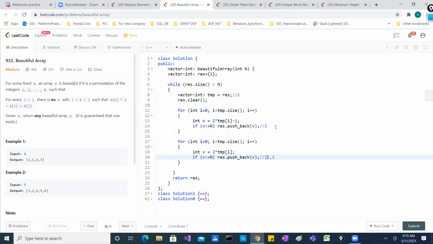This will be my first iteration. Still, 1 and 2 is lesser than n because the size is only 2. So I come here, my rest value will be 1 and 2 now, so I'll just remove these two again. So again I do the same process.